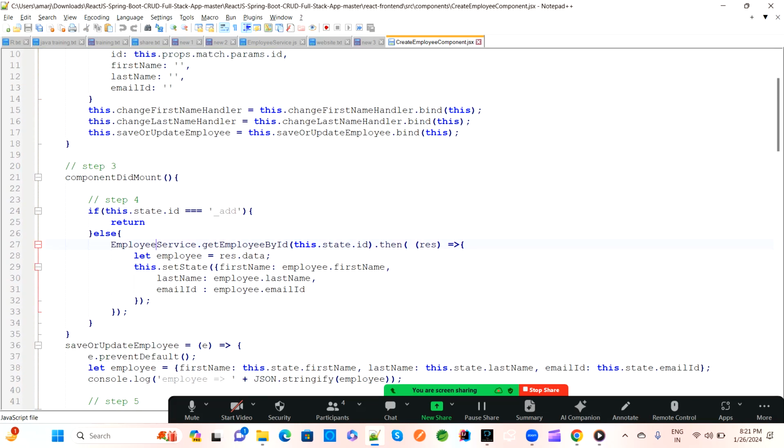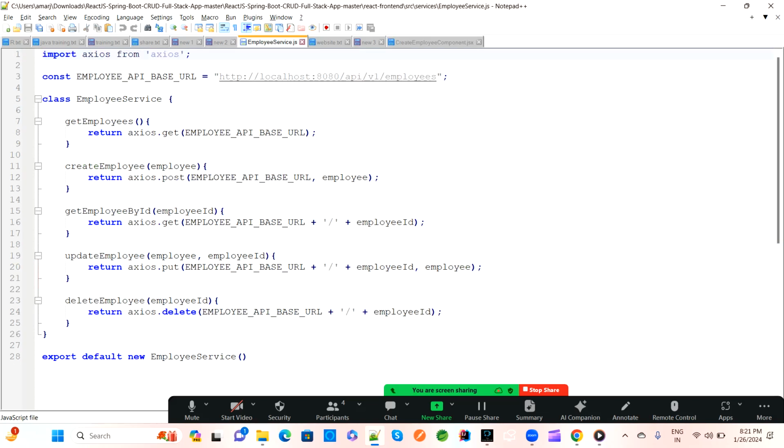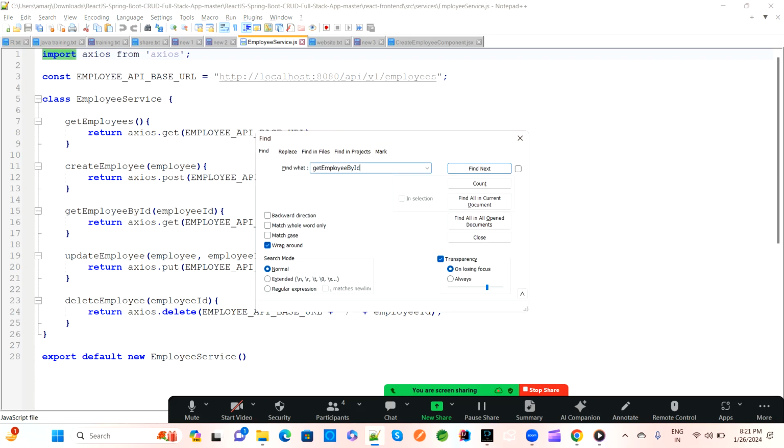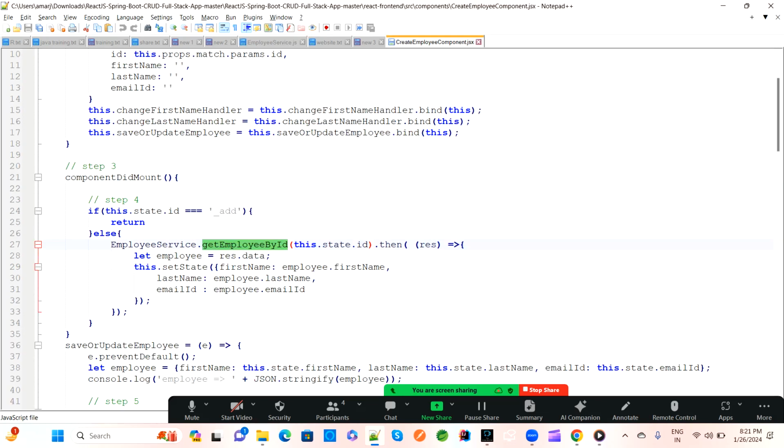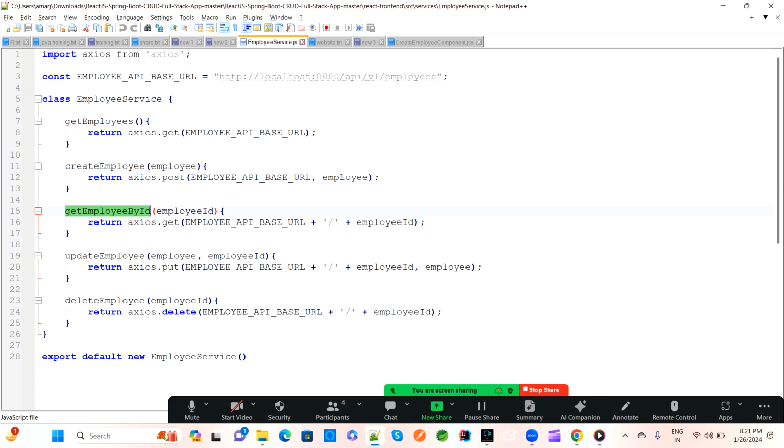This is the employee service. Here we have get employee by ID. We need to check whether get employee by ID is there or not. If you see here, get employee by ID is there, which this component is calling from this service. Based on the employee ID, they are doing some